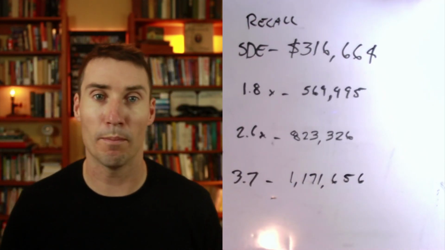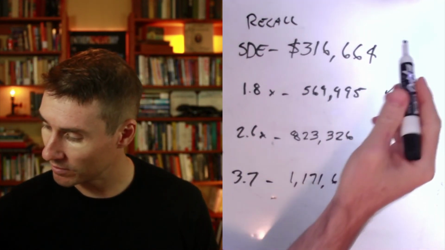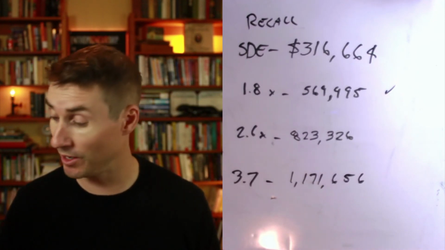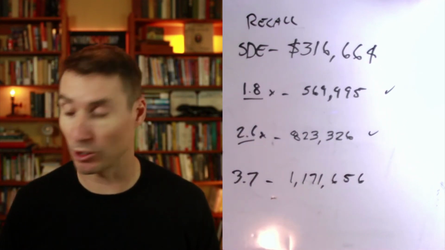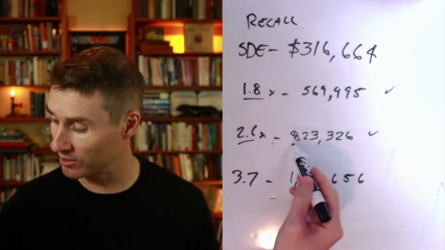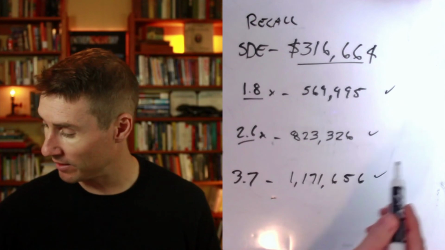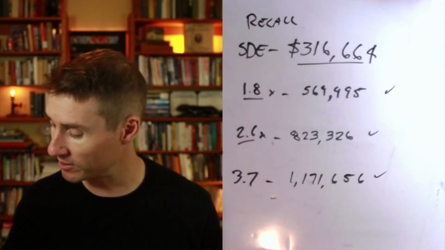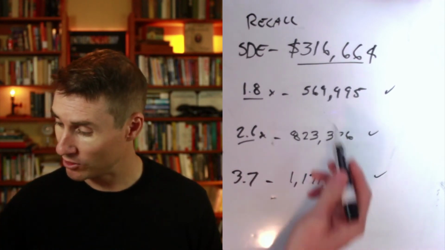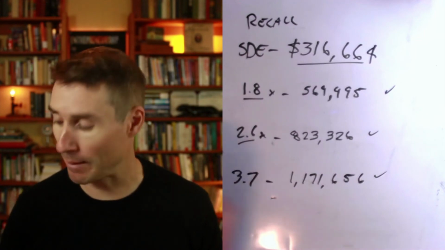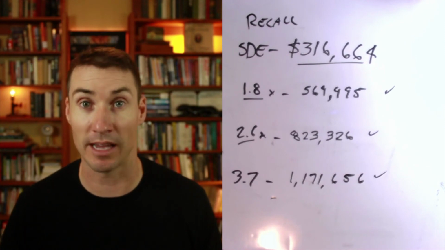All right, there we go. So massive difference, right? We have $569,000. Some businesses in this industry sold for that at a 1.8 multiple. We have our average 2.6 multiple. So the average business in this furniture industry that's doing this SDE is going to sell for $823,000. And then we had a little bit of an outlier here, selling for 3.7, and that's almost $1.2 million, right? So it's literally double what's happening over here from an earnings perspective at the end of the day,